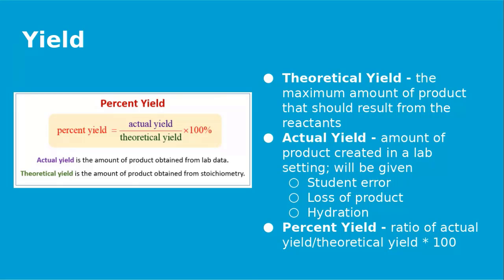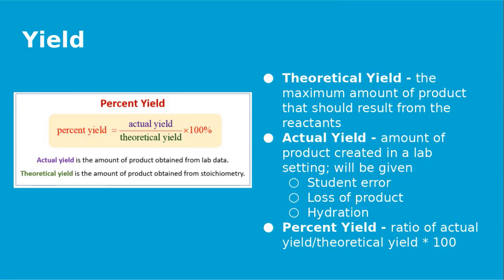However, in our lab setting, it's not always the case because there are numerous ways you can create an error, such as accidentally releasing gas from a container, loss of product, accidentally having contamination come into your reaction vessel, and other types of errors like faulty equipment. So that will give you your actual yield,